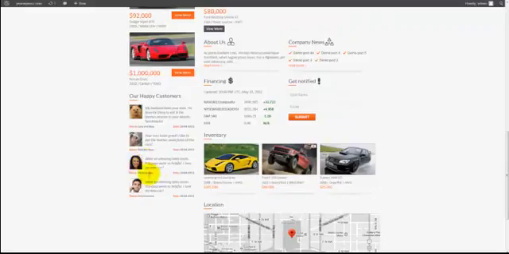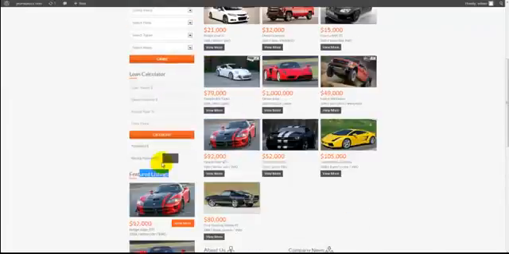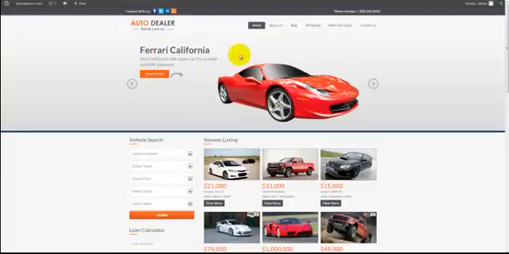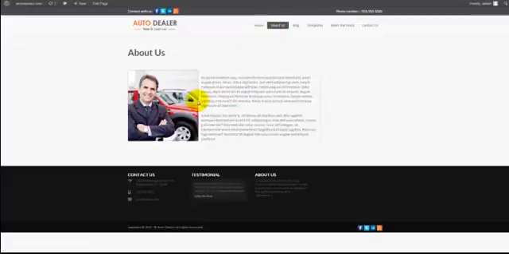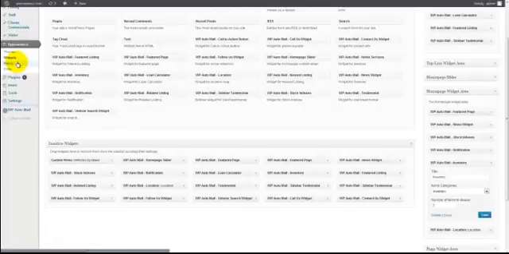You might have to do this in a couple locations throughout the theme, depending on if you run into this issue or not. Another thing you might need to do is go under your menus in your WordPress dashboard and update some of your links. Some of these links up here will work fine because they were created with the one-click install. But some of these pages in this navigation bar aren't pages, they're just links that have been created by us in our demo theme. So if you go under Appearance, Menus